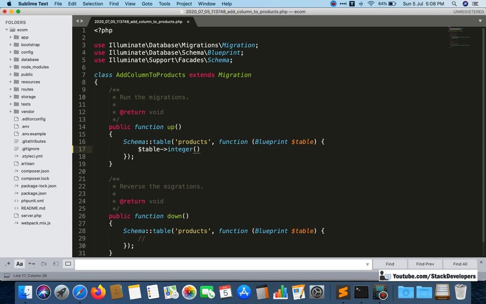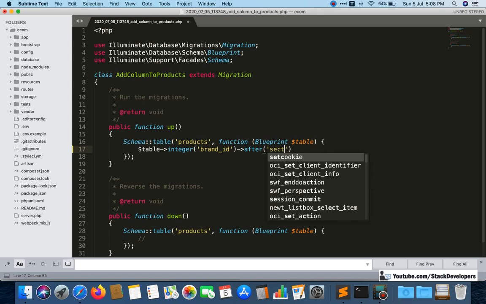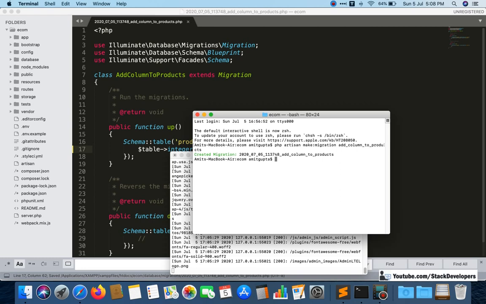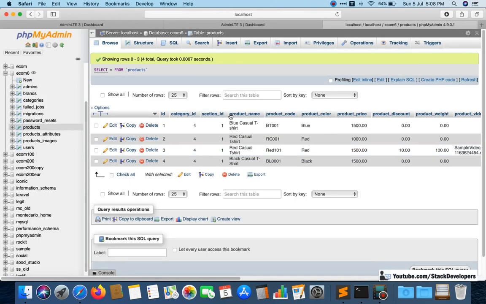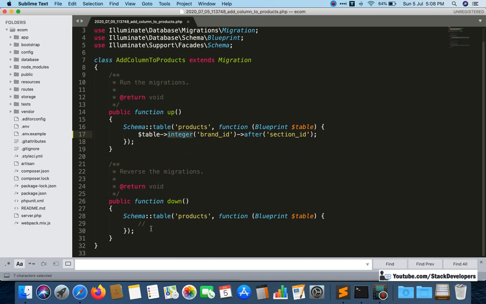We want to add this column after section_id, so we add ->after('section_id'). We need to mention section_id because we want to add the brand_id column after the section_id column, and we want the brand_id data type as integer, because only integer values will be stored in the brand_id column.